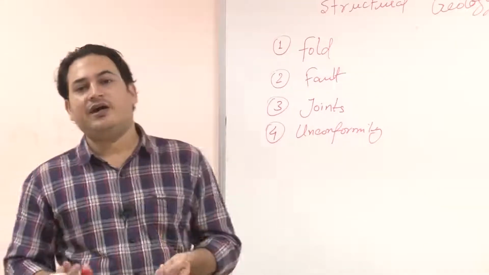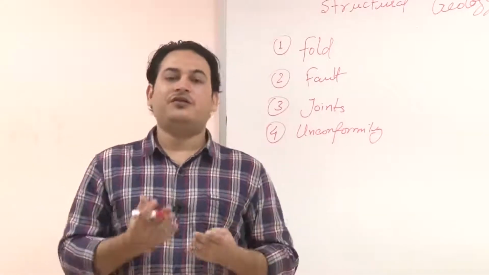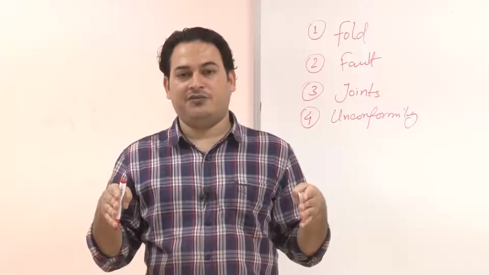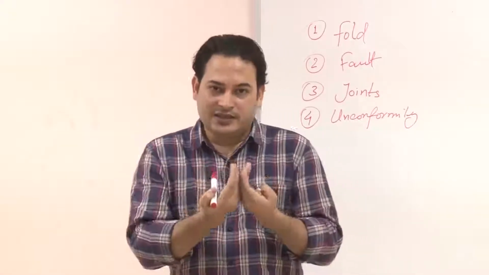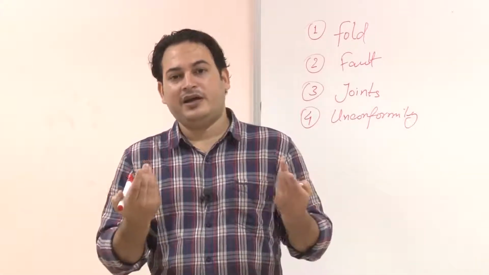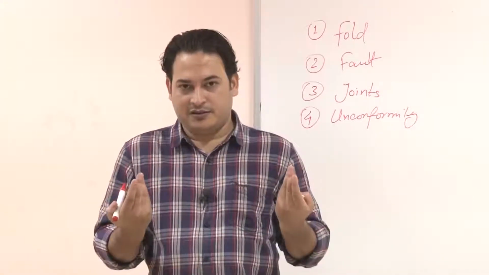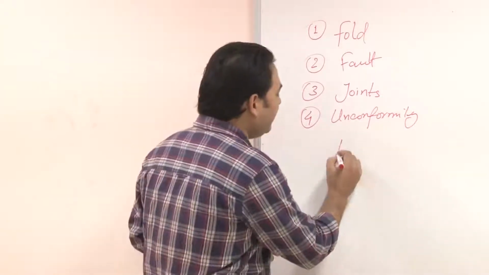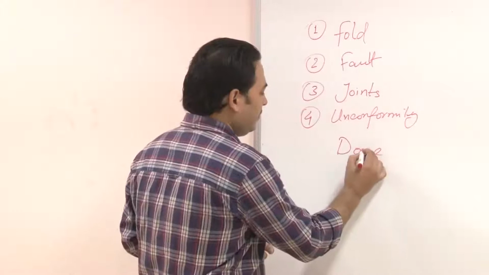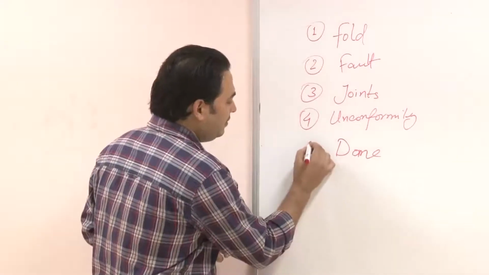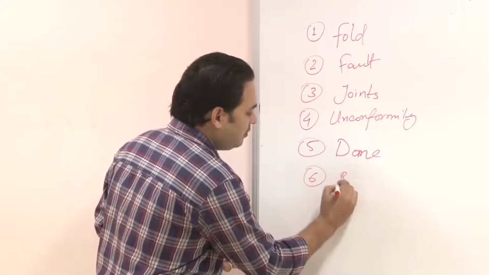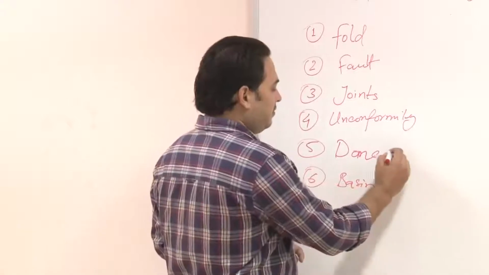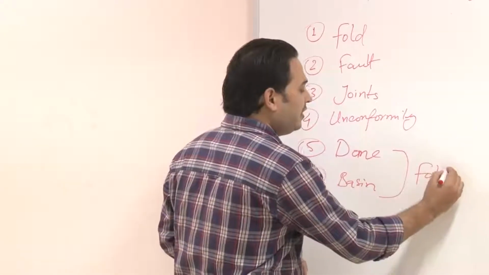Another kind of structure: with some structural deformation the strata is crumpled, forming a dome kind of structure, or somewhere there is an extensional tectonic regime. In that case, they may get a depression, which is known as a basin. So dome and basin, dome, D-O-M-E, are also forms of structure. However, they are mostly related to folds.